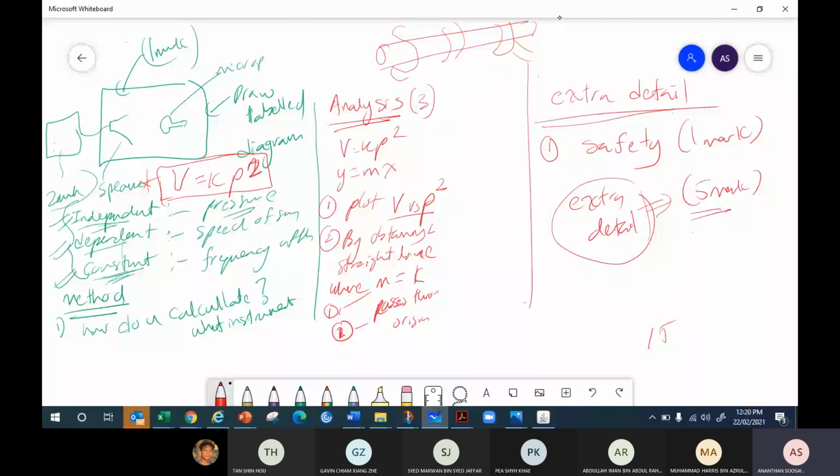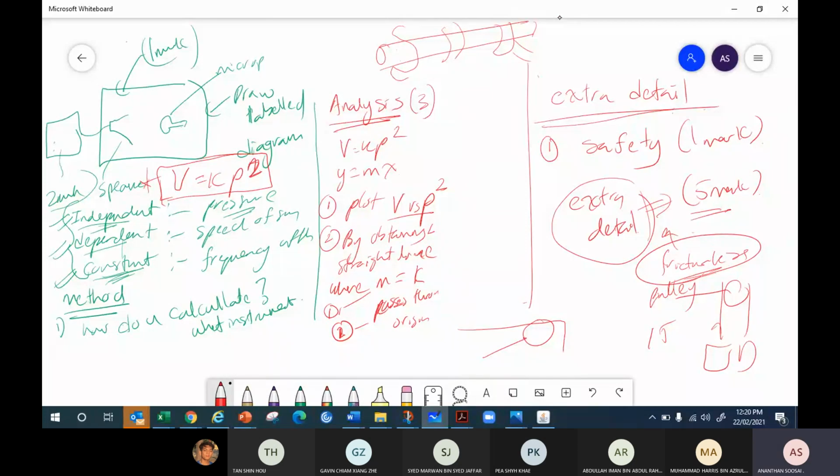Okay, so you can talk about error here, extra detail mark. Okay, repeat the reading, obtain the average. It's an extra detail mark. Sometimes it might involve a pulley. Maybe you need to hang a mass like an elevator. So the mass is going to run over a pulley. Okay, so maybe an experiment to find acceleration. The student said, use a pulley. Another student said, use a frictionless pulley. Frictionless pulley, you got an extra detail mark.